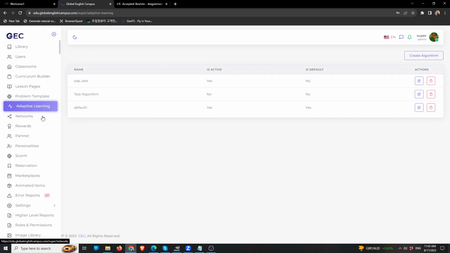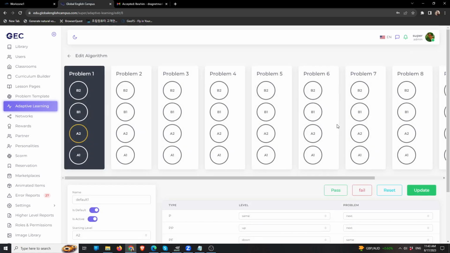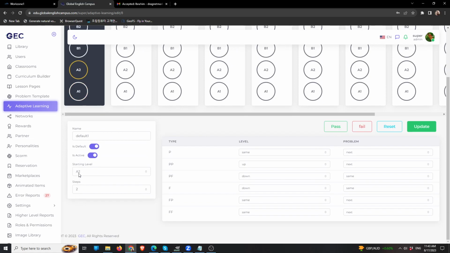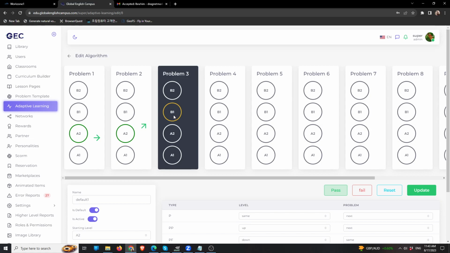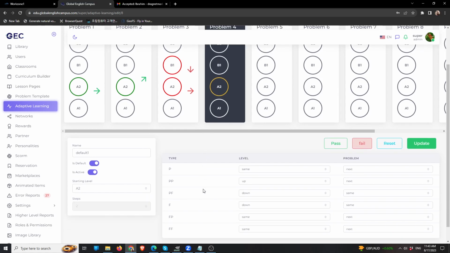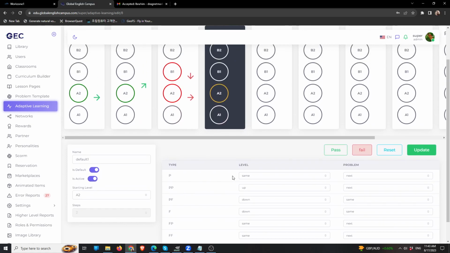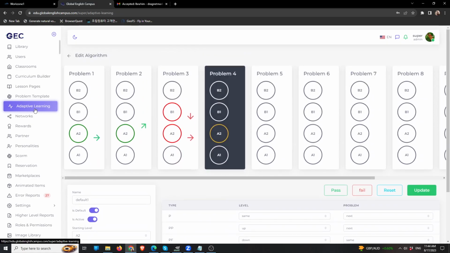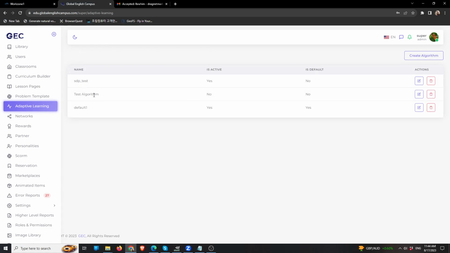This is where we generate interesting algorithms for controlling how students progress through an adaptive lesson. So here's a lesson with 4 different levels, and we're saying it's a 2-step cycle starting at the A2 level, and here are the rule settings for each step in the cycle with the combinatorics. Like if I pass and I pass, second time I'm going to go to the next level. If I fail and I fail, it's going to give me the same problem the first time, and then it's going to quit bothering me and let me go to the next, right? So we can define, and then we can save these algorithms, and then we can apply these algorithms